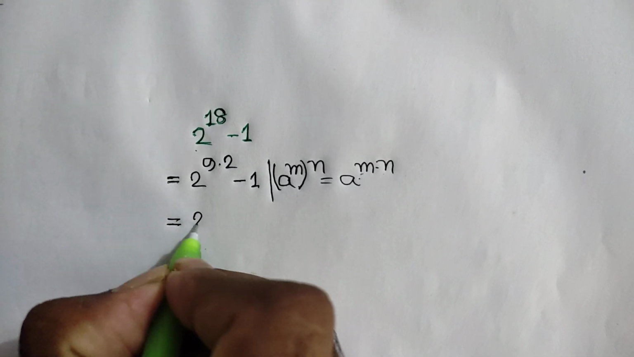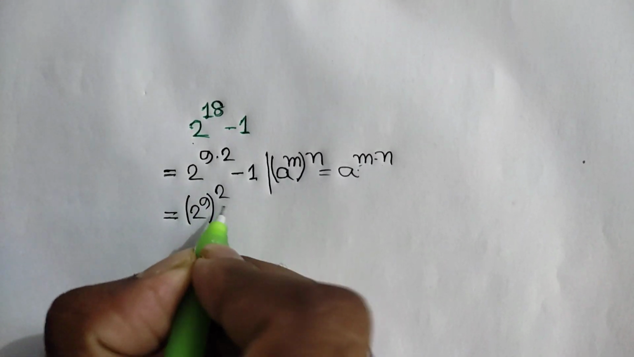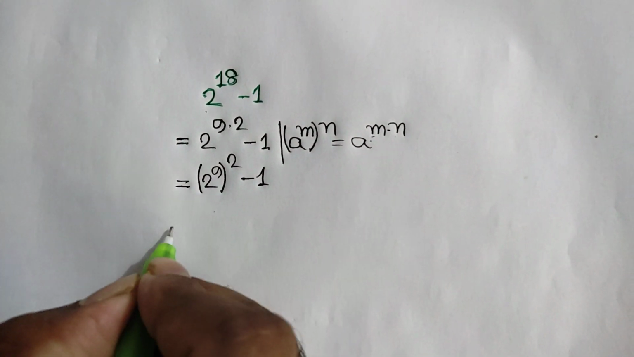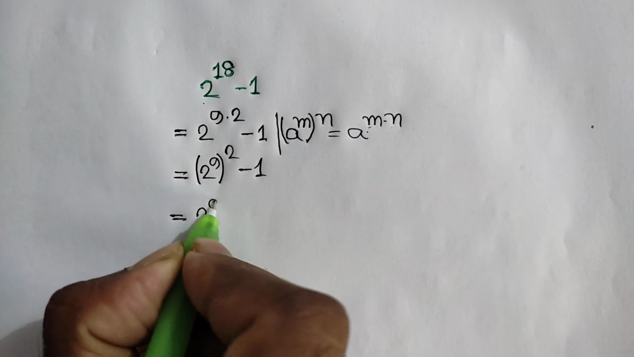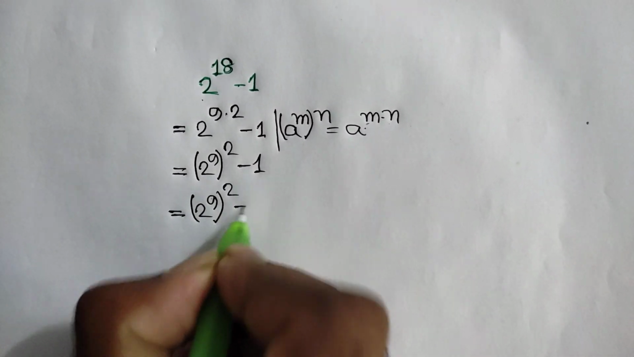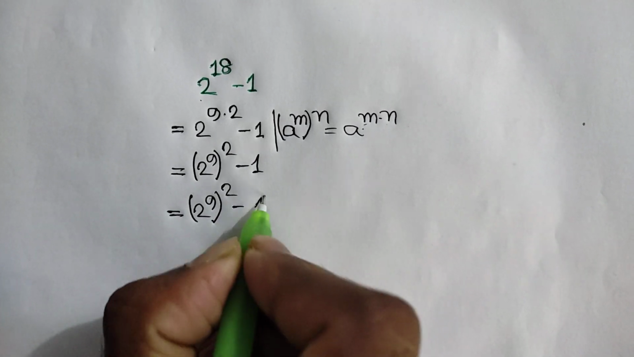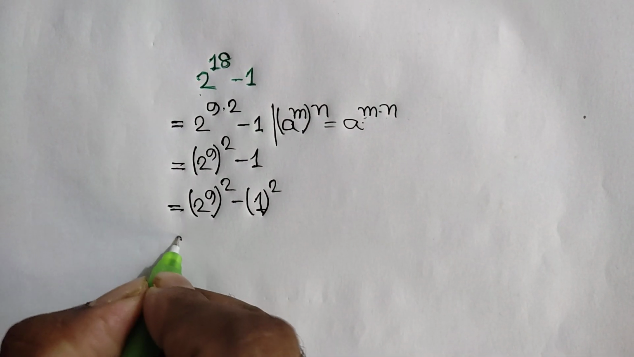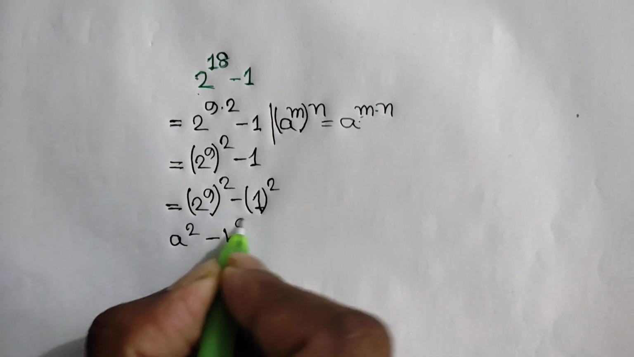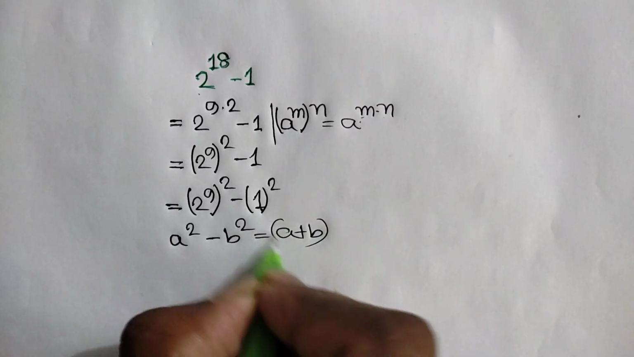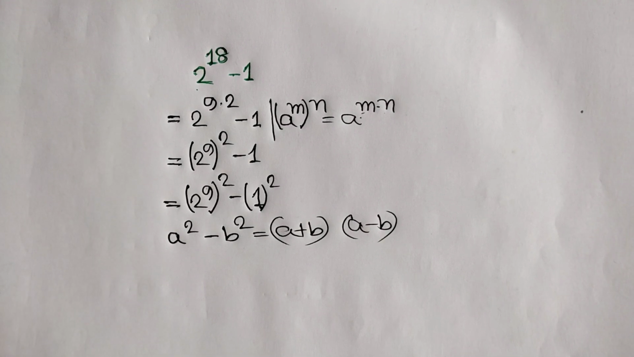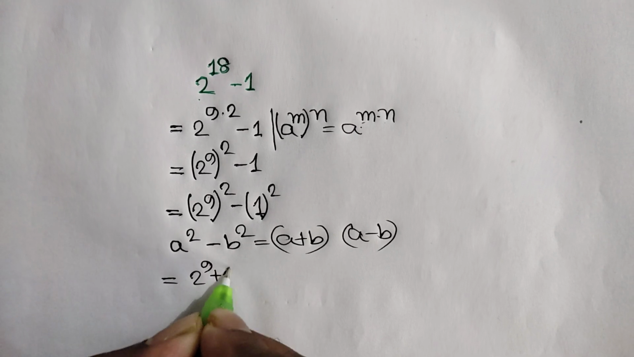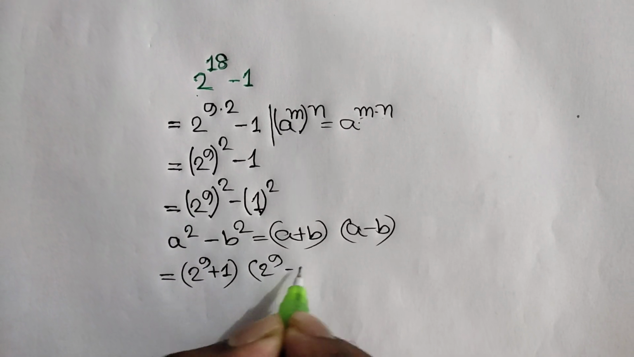Applying this rule here, we can write (2 to the power 9) whole power 2 minus 1, or (2 to the power 9) whole power 2 and 1 we can write 1 square, because 1 square is the same as 1. Here we can apply this rule: a square minus b square is equal to a plus b times a minus b. Applying this rule, we can write (2 to the power 9 plus 1) times (2 to the power 9 minus 1)